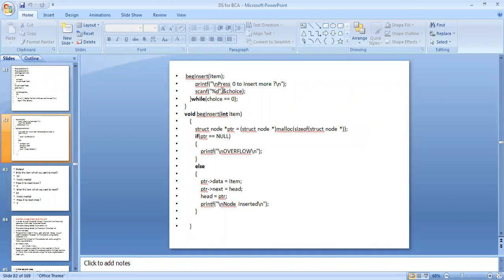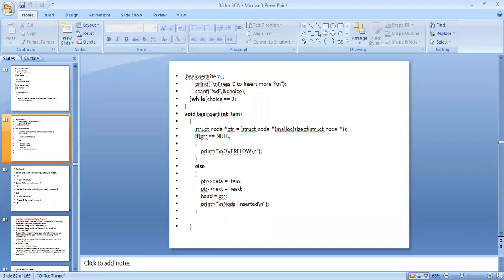Then printf backslash n, press 0 to insert more, question mark backslash n, scanf %d ampersand choice. So here bracket complete, while loop, choice equal to 0, bracket complete.